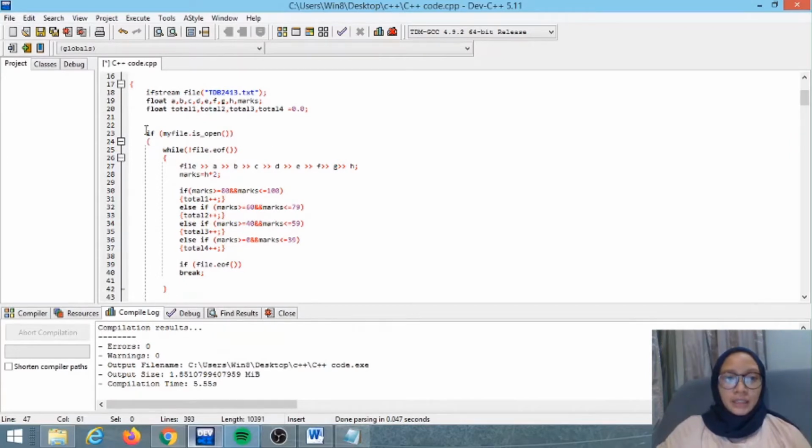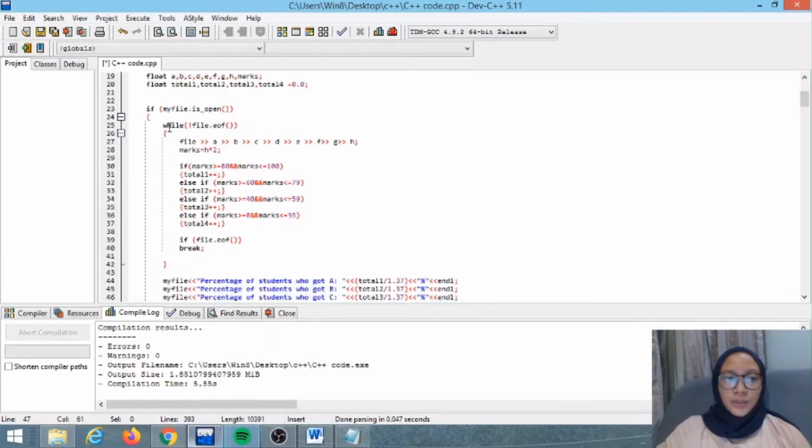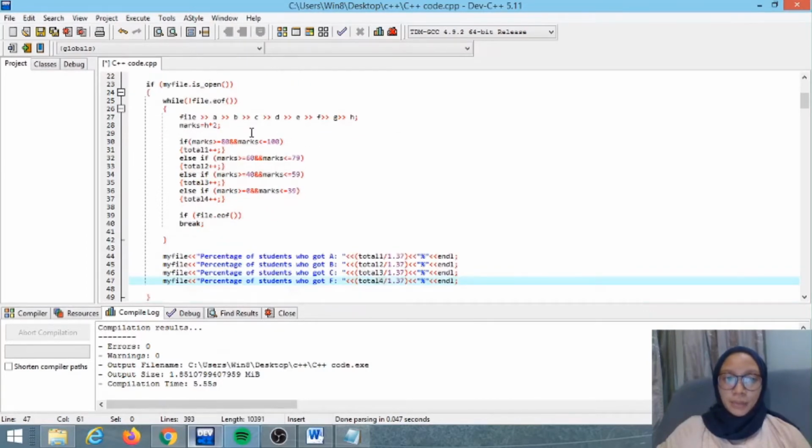And then if my file, which is the output file, is open, while the file is not at the end of file, we start the program, and this file indicates the values that we want to take to calculate. So A, B, C, D, E, F, G, H, and then the formula is H times 2, and this is the if